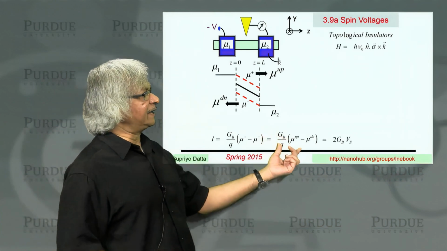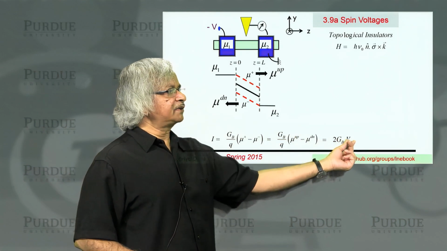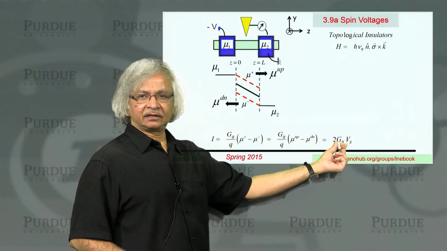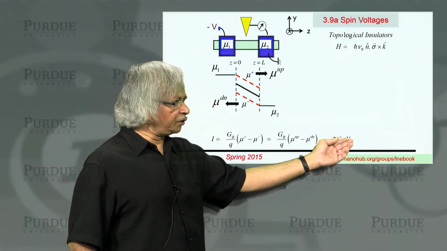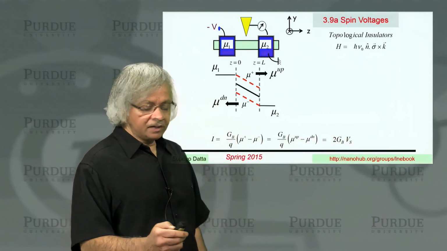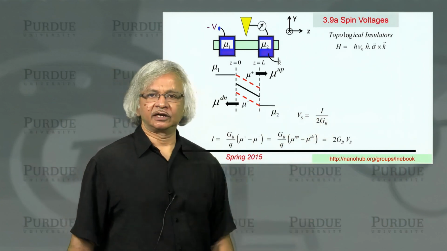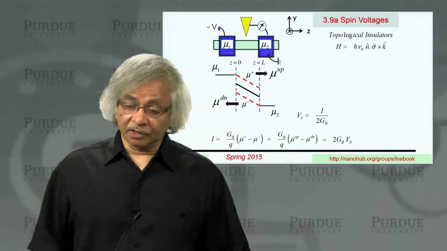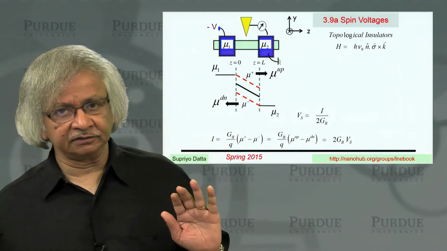So you could write the current as the spin potential times this ballistic conductance. And you could turn it around and write the spin potential as proportional to the current. So the point is that in this class of materials, anytime you have a flow of current, there will be